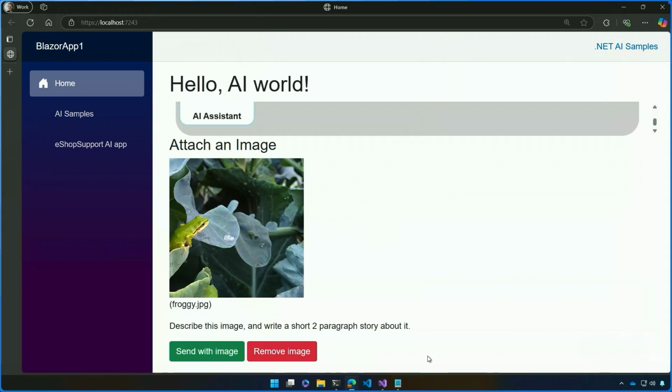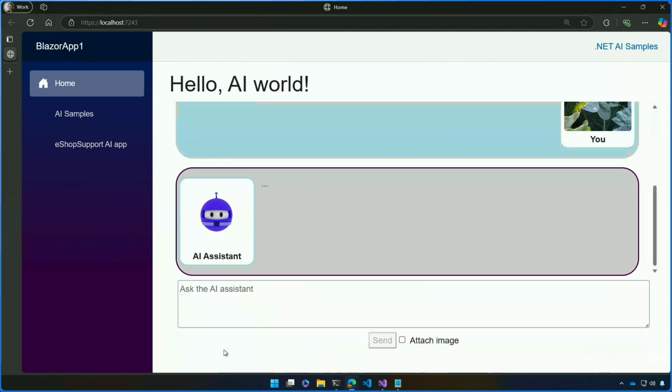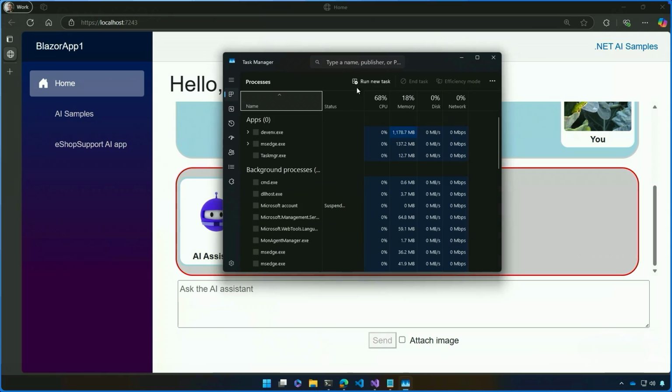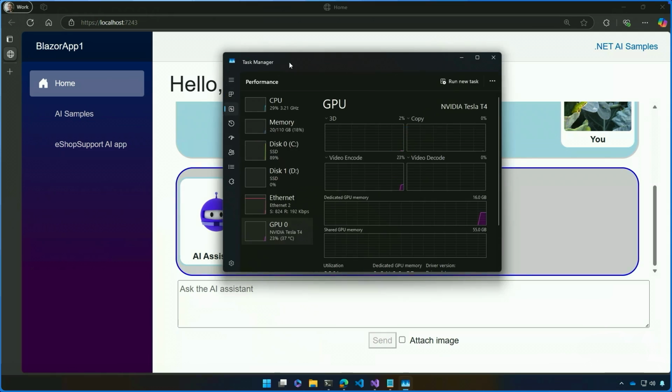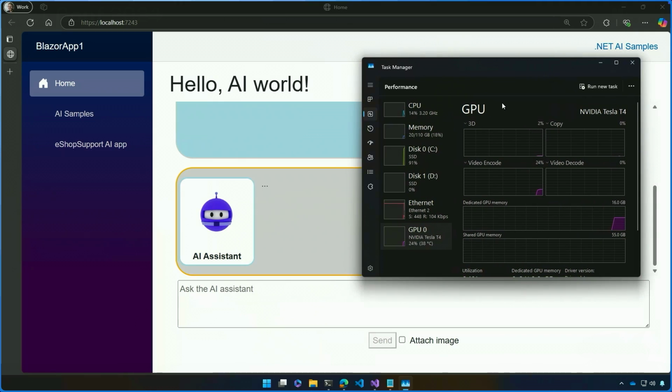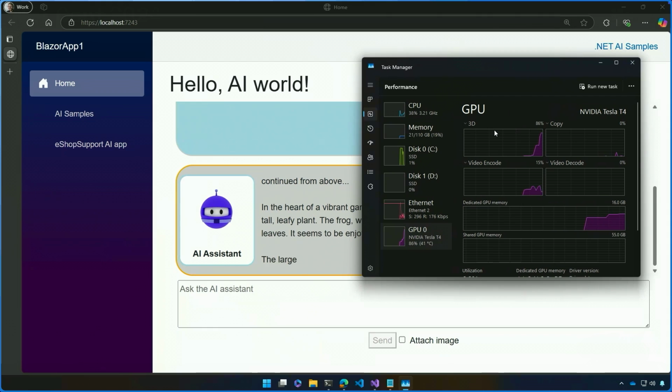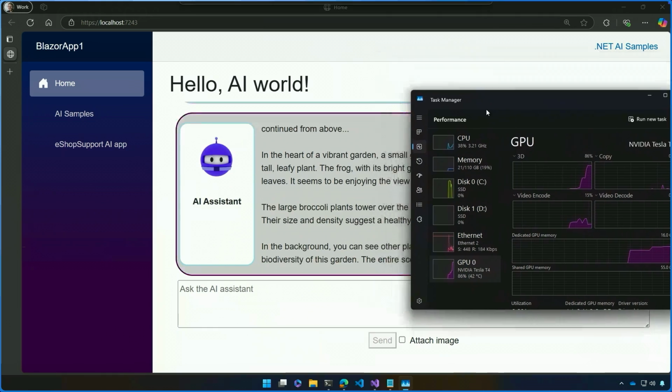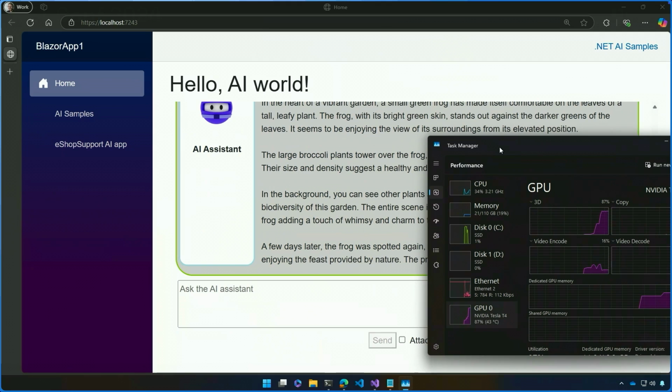Now this will take a moment. I am on a machine that's got some pretty good specs, but it still takes a moment to run. If we take a look at my GPU as this is going, we can prove to ourselves that something's happening. And usually that gets up close to, yeah, here we go, 20, 40%. So we're going to start seeing the content in this stream in. I haven't figured out why it starts out with "continued from above," but